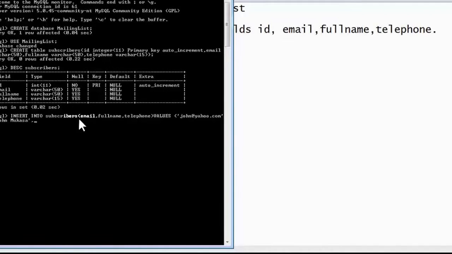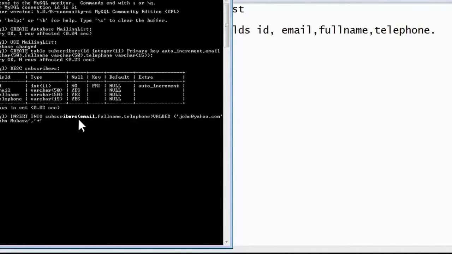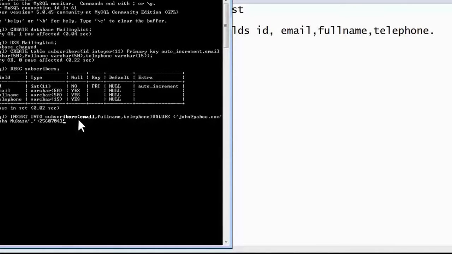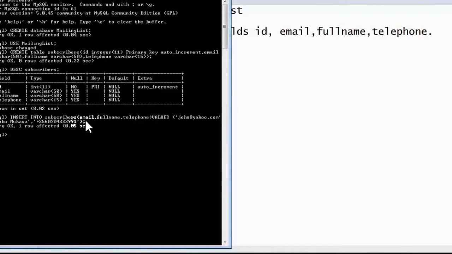And then his telephone number is +256 070 433 991. It's not a policy number, so we terminate with a semicolon. Then we say secure, press the enter key. So we